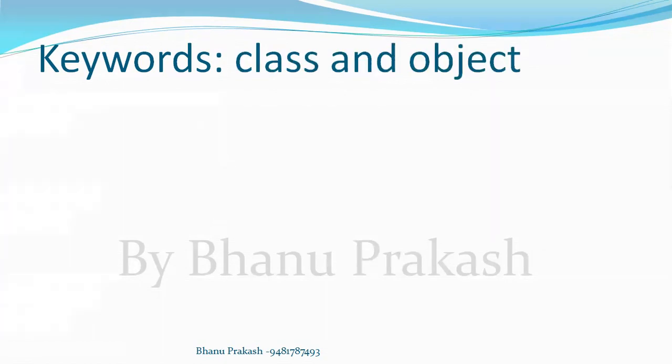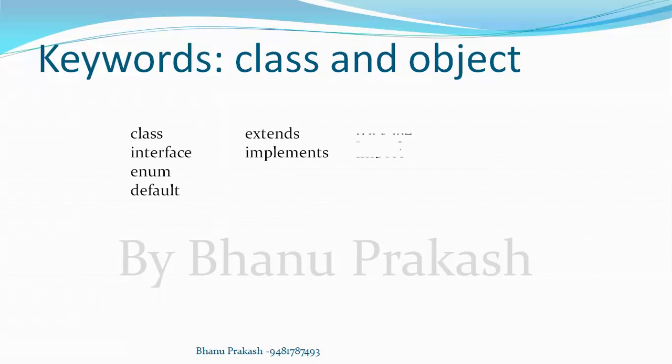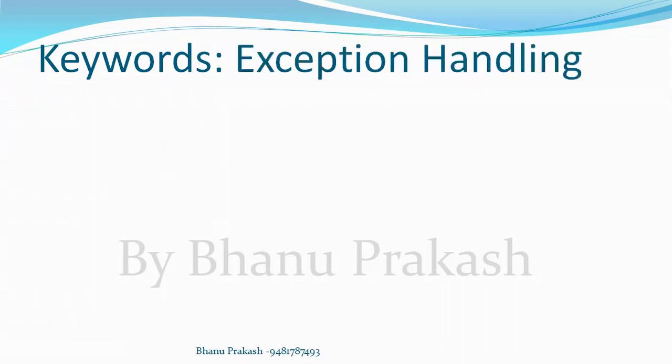And with respect to the object-oriented concepts of Java, of course, classes and objects. So we have keywords such as class, interface, enum, and in the latest version of Java, in an interface, we can have default methods, which are concrete methods. And when it comes to the inheritance concept, we use keywords such as extends and implements. Of course, when we group classes or interfaces, we use a keyword called package. And when the classes or interfaces are present in a different package, we use import. When it comes to objects, we use new, instanceof, this keyword, and the super keyword.